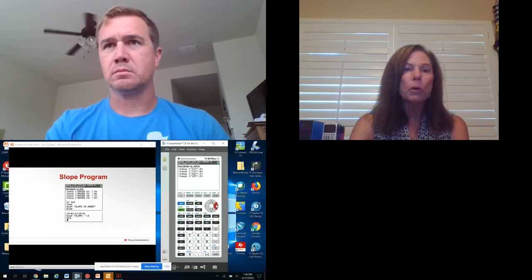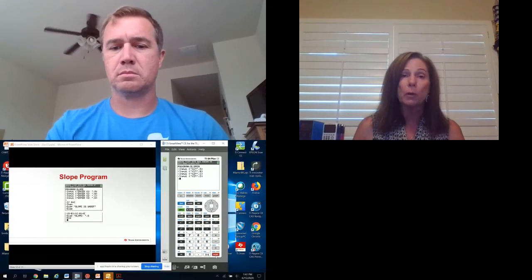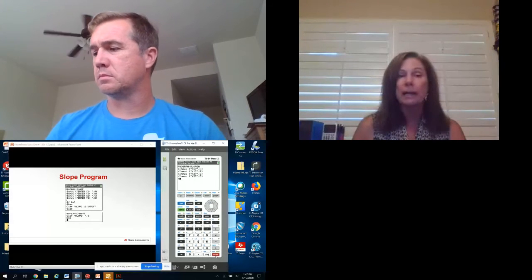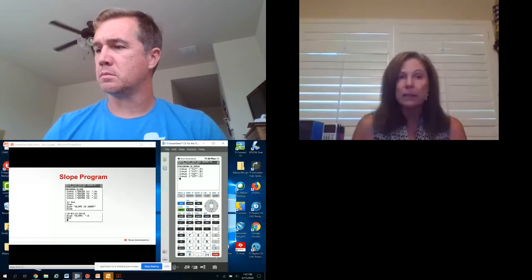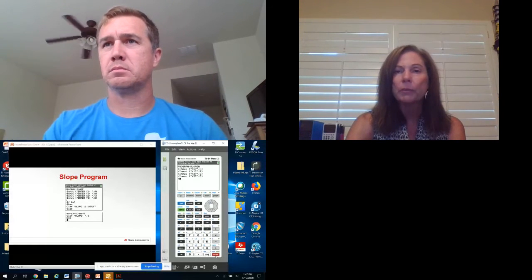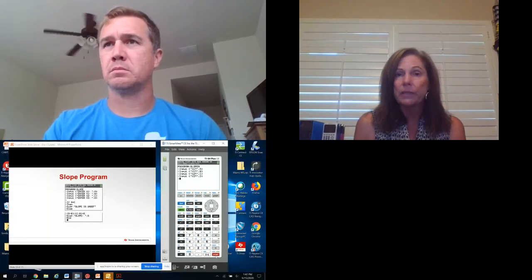And now what we want to do is we want to, again, we talked about the fact that we're going to skip that part right now. If A equals C, then display slope is undefined else. And we'll come back and talk about those commands in the end. So let's go ahead and put in our formula. So because we have basically stored those values of your coordinates and defined them as the variables A, B, C, and D,